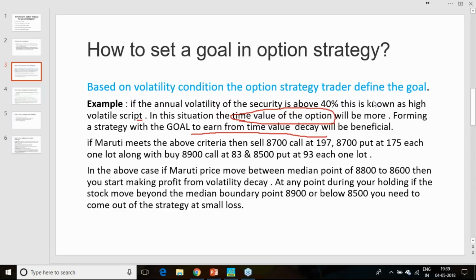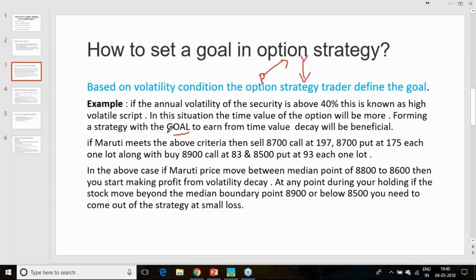If it is low volatility, so what should I do? When low volatility is projected and the prices go up, the volatility will fall down. So price and volatility have an inverse relationship. Price going up, volatility will fall. Price falling, volatility will go up. So when it is a low volatility condition and the prices are going up, I will aim to earn from the intrinsic value. To earn from intrinsic value, I will form different strategies.